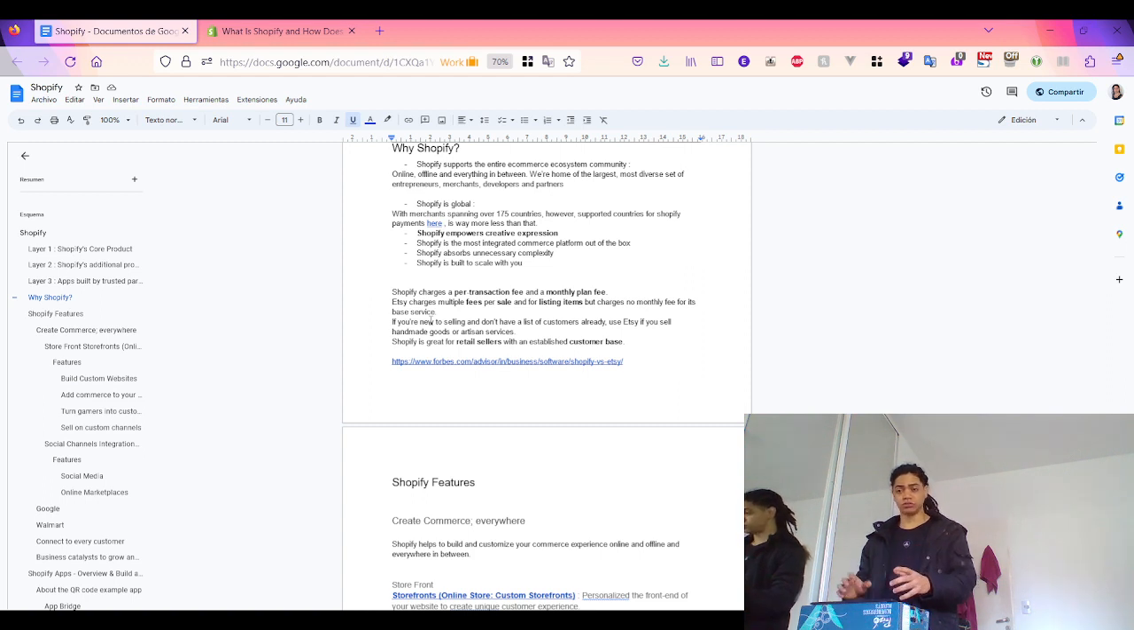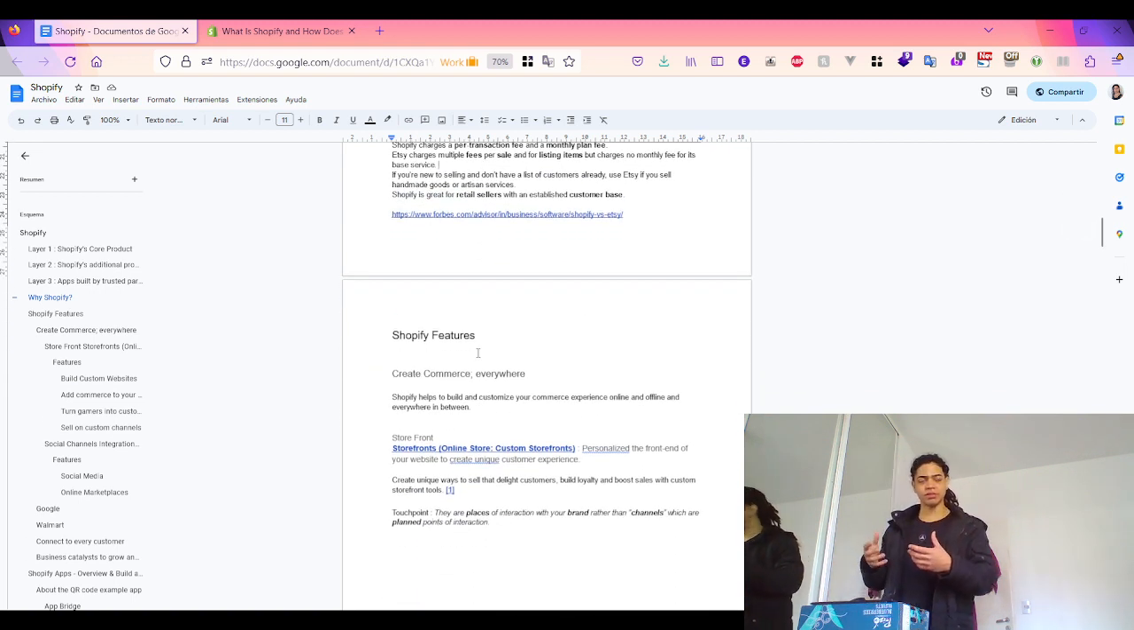So that's great. Also, Shopify charges per transaction fee and a monthly plan. Unlike Etsy, which is another competitor, that charges multiple fees per sale and for listing items. So it's funny, because Shopify charges per transaction fees and a monthly plan. Shopify is great for retail sellers that have an established customer base. So once you understand the business model and the pricing, then I look at the